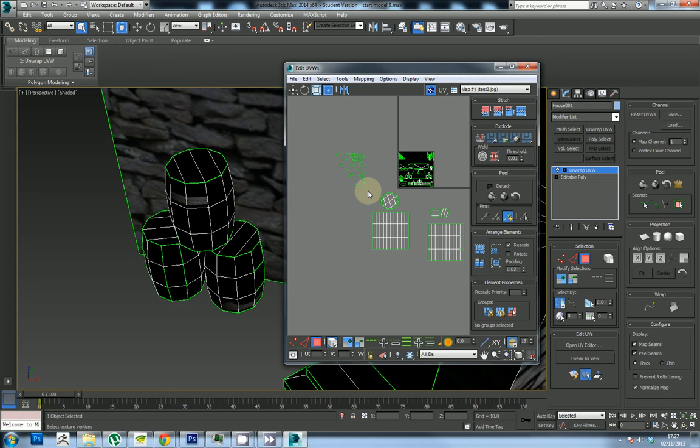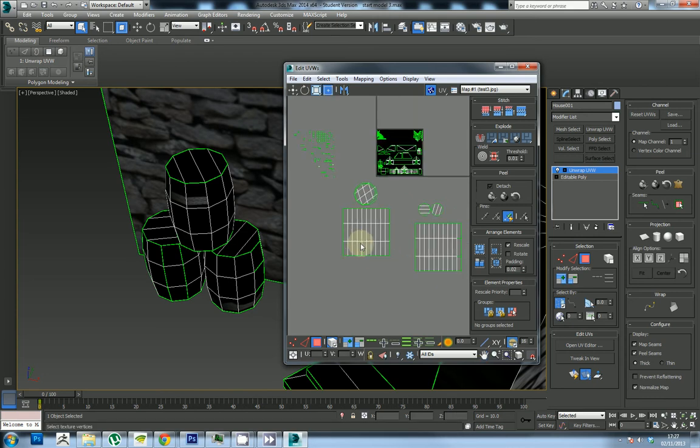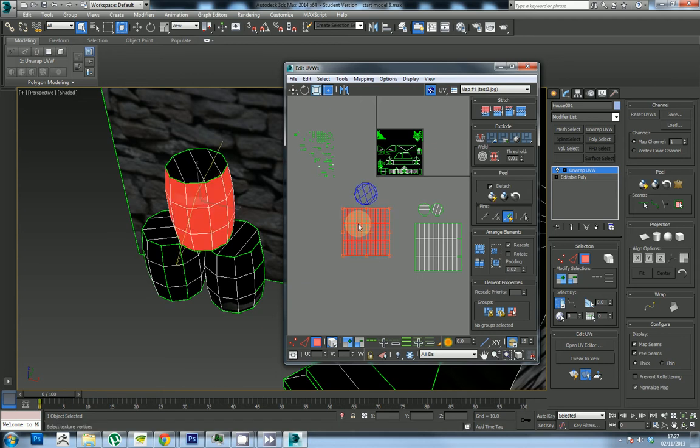Another thing that you can do, when you have multiple objects that are exactly the same, is not unwrap them with the same process again. Obviously, you can go around and do the same thing again, what I was doing here. But an alternative method that you can utilize is, if I for instance select this barrel here,